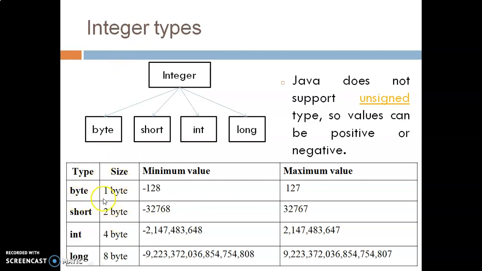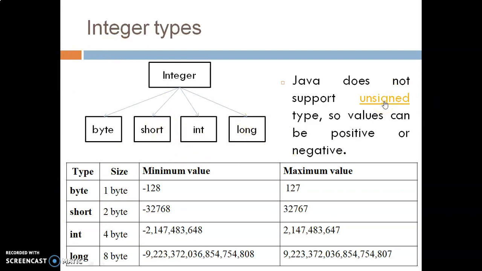Byte has a size of 1 byte. Short has a memory size of 2 bytes. Users frequently use the integer data type because it is in between in memory size, not more, not less. It consumes 4 bytes. And long consumes 8 bytes. So according to the requirement of the program, if integer data types are required, then you can use them according to their categories.